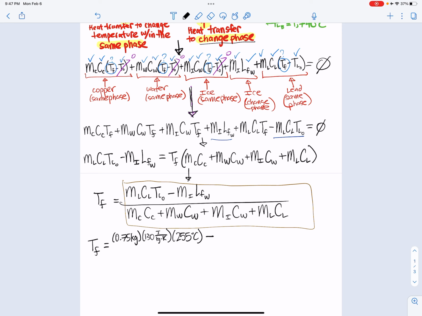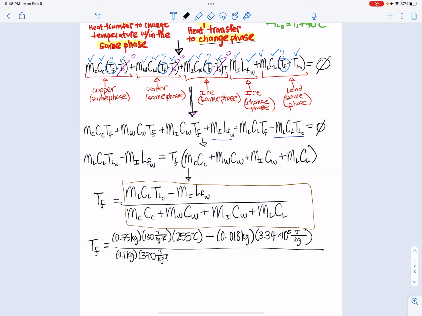Okay, minus the mass of ice, which is 0.018 kilograms, and the latent heat of fusion for water, which is 3.34 times 10 to the 5 joules per kilogram, divided by mass of copper, that's 0.1 kilograms. Specific heat of copper is 390 joules per kilogram times Kelvin,